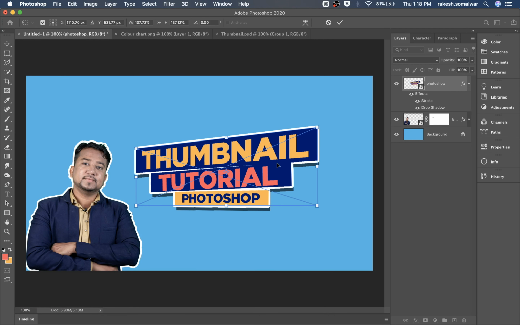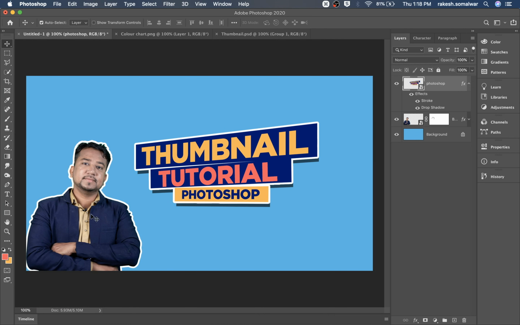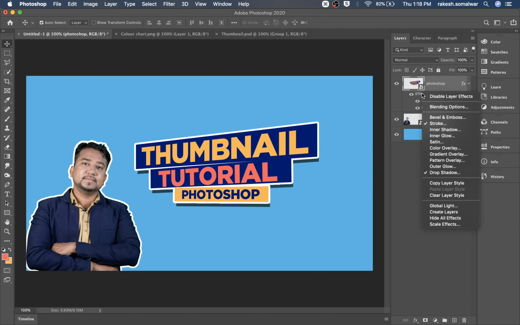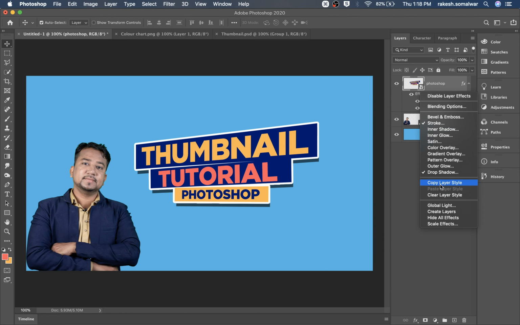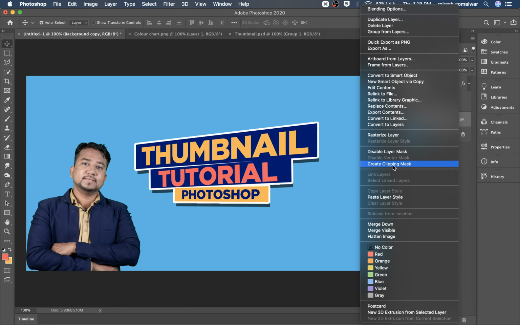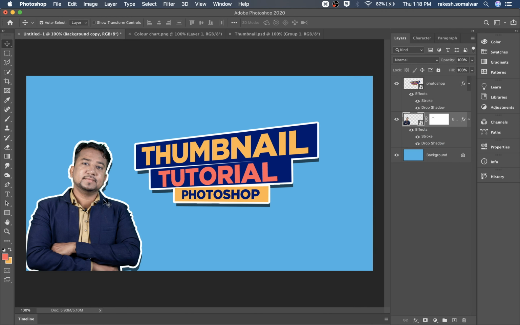Now this is fine for me. Now I am going to apply the same stroke and shadow which is applied on the text set. So I am going to delete effect from image, copy layer style from set, and right click and paste on image. So now shadow and stroke is absolutely same.